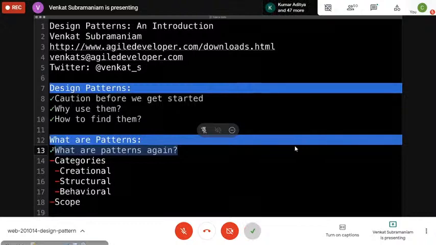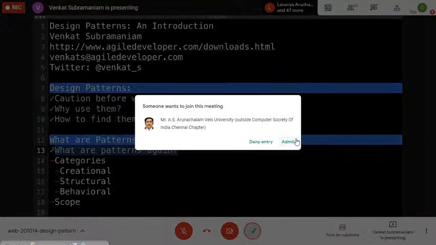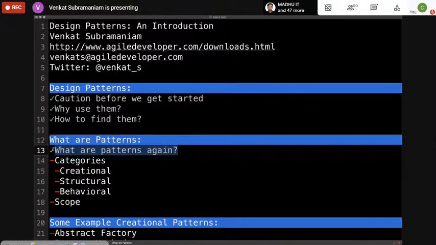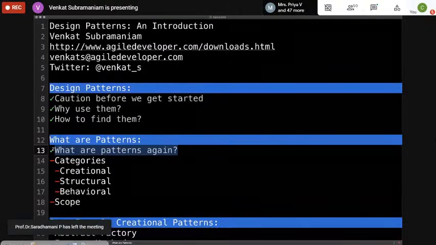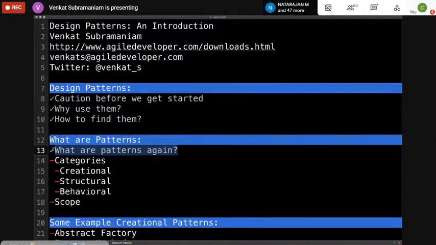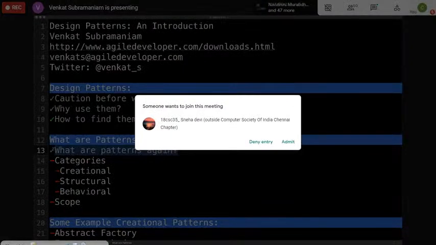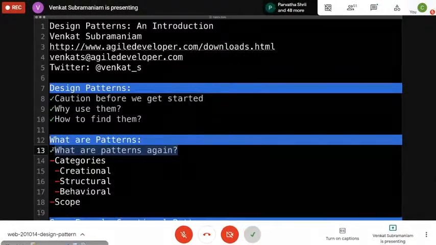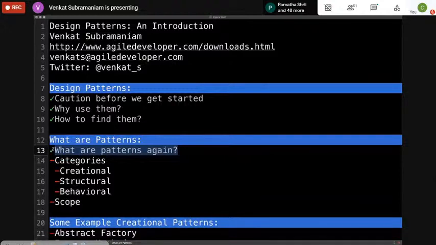One question here is, do you mean to say design patterns are something like a flow chart? Well, they don't have to be a flow chart because a flow chart often is procedural. A flow chart often is a sequence of steps you may take to solve a particular problem. But a design pattern may not be a sequence of steps. A design pattern may be an approach, a structure, a way to interact, and so on. So it may be a little bit broader than a flowchart, but that's a really good starting point to think about it. For example, you could take a flowchart and implement it in different languages and different frameworks. So it's not too far from that, but it's not restricted to being a flowchart either. So that's a really good question.